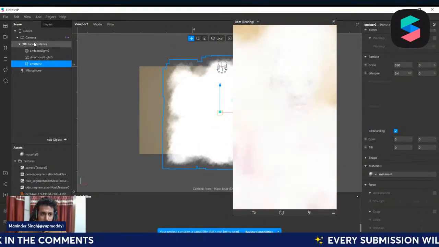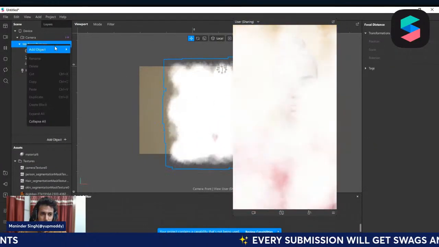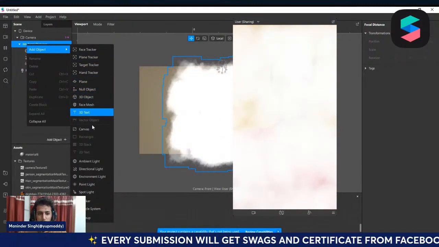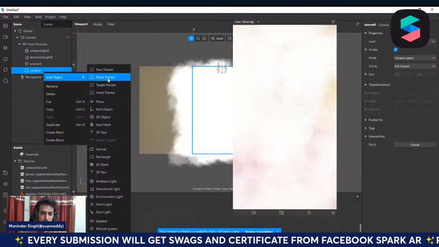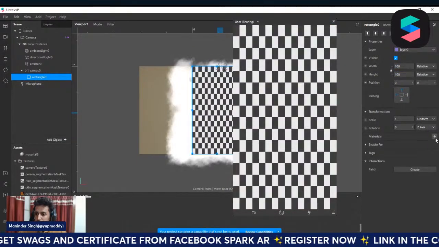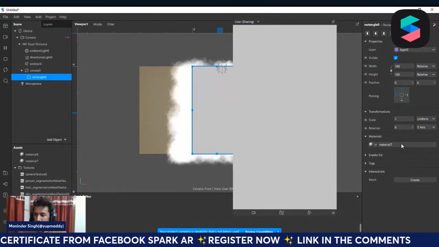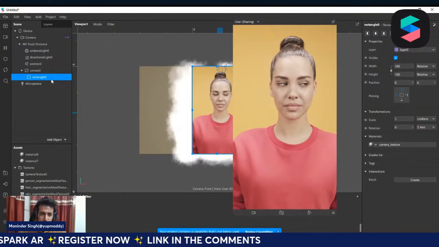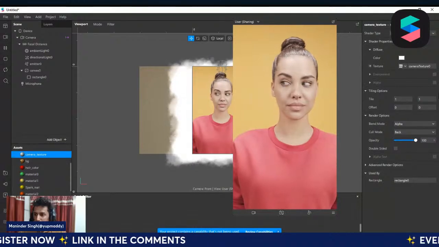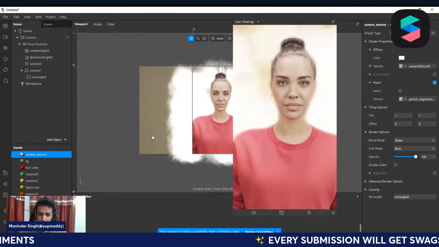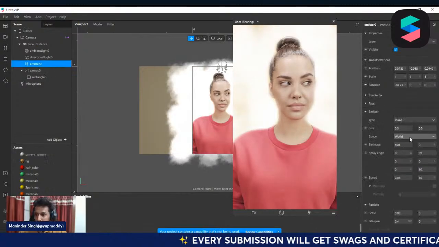Now click here on focal distance and canvas, add rectangle, fill width, material. Let's use camera texture, and in camera texture apply person segmentation here,